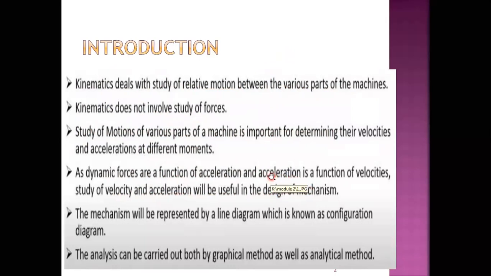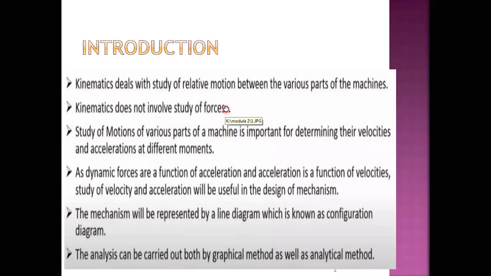So as we discussed in the beginning, when you start this subject, in the introduction part, what actually kinematics of machine is and what it deals with. As discussed in the first classes, hope you can remember that. Actually the kinematics of machine subject comes from the main subject called theory of machines. In that there are two types: one is kinematics of machine and the other is dynamics of machine. Theory of machines deals with the machines as well as mechanisms, when you find the relative motion between the links of the mechanisms, and also forces. So that's why they classify it into two.